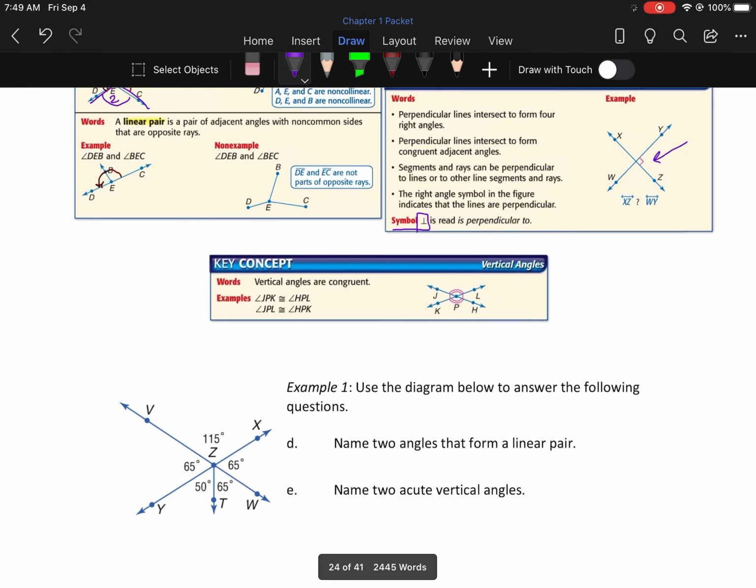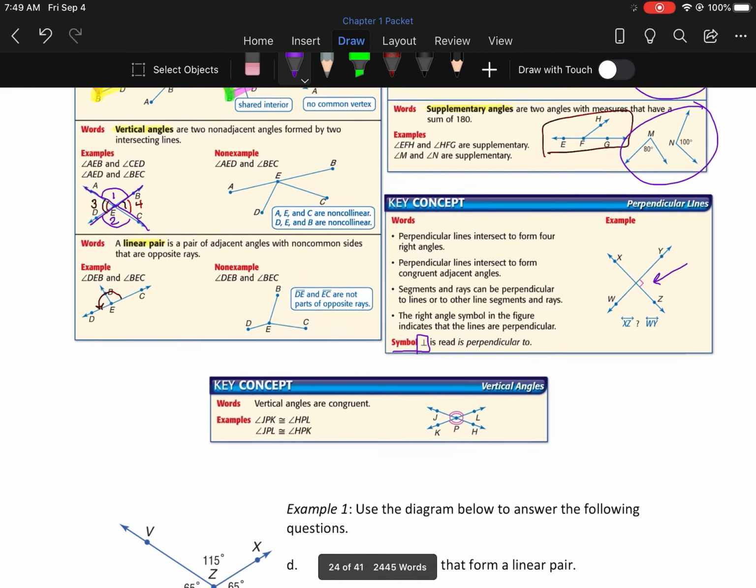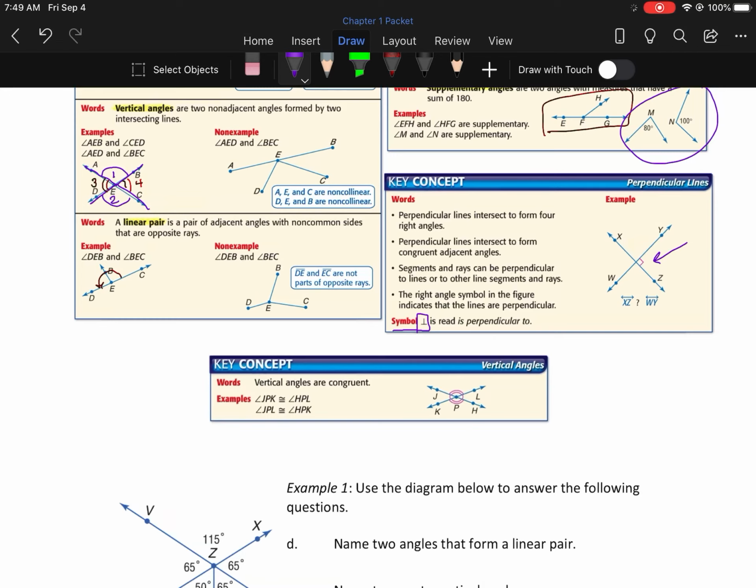All right, one more fact about vertical angles, we'll keep them both so you can see them, is that vertical angles are congruent, meaning they have the same measure. So if I told you that angle JPL was 120 degrees, you would be able to find all the other angles. You would know that KPH is 120 degrees, but then KPL,